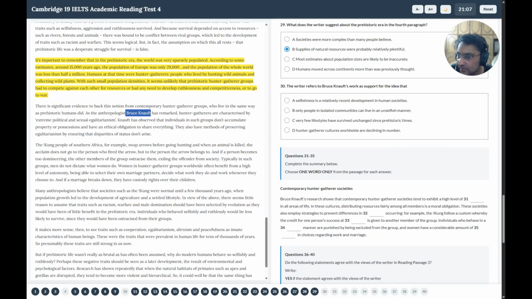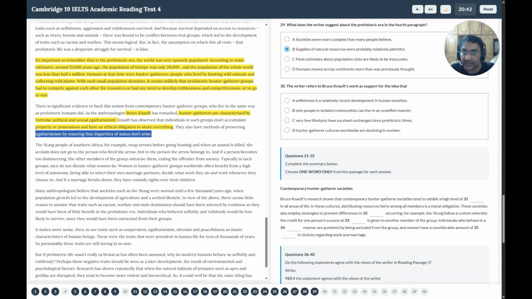Back in the ethnographic record, there is significant evidence. Hunter-gatherers are characterized by extreme political and sexual egalitarianism. Knauft observed that individuals in such groups don't accumulate property or possessions and have an ethical obligation to share everything. Yeah, back then